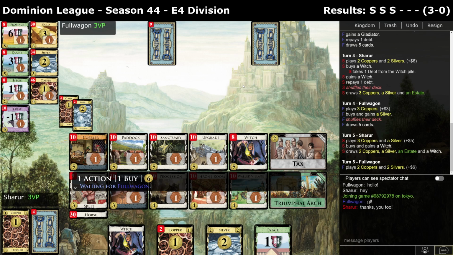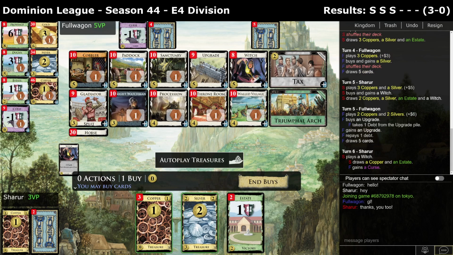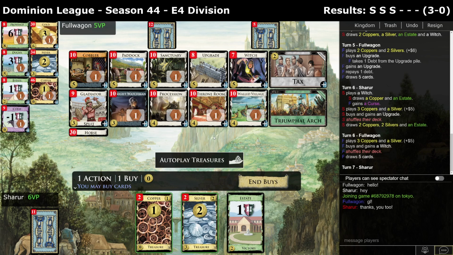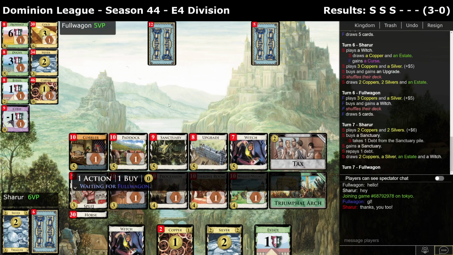Or is it? Because upgrading Estates is not actually that valuable here. On the other hand, we're ultimately going to want the Upgrade. My opponent just opened up the Upgrade pile, so I guess that's going to make the difference for me. Okay, so we could grab a Sanctuary now. We're going to want some villages soon, I think. I do want to grab a Sanctuary. It'll give us plus buy, it's the only source of it. Granted, we don't really need plus buy that much right now, but